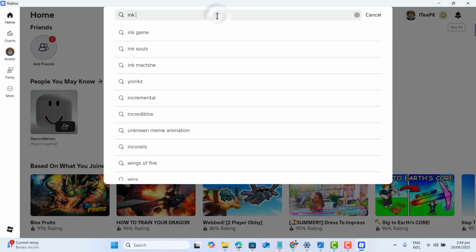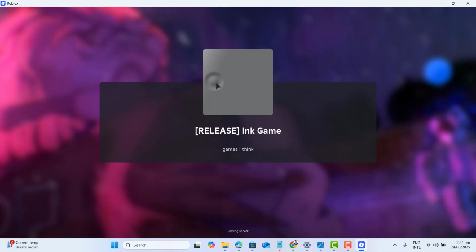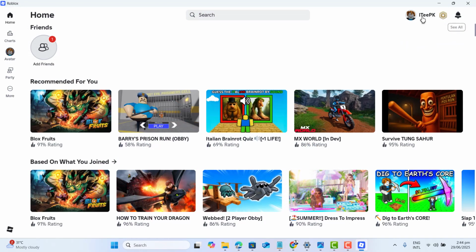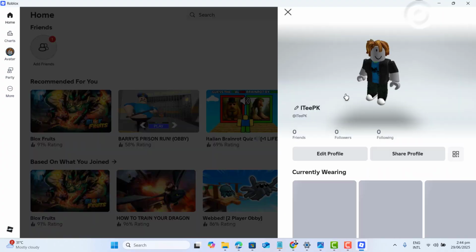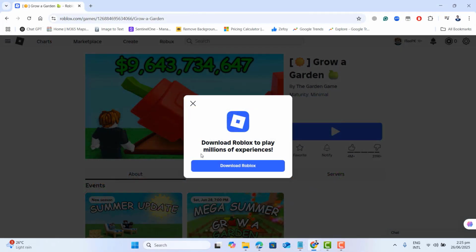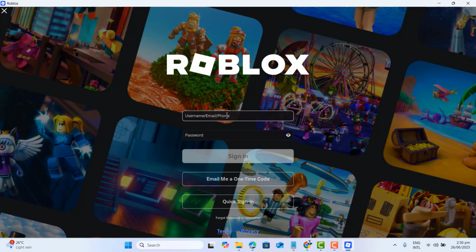Open it on your laptop, search Ink Game, and then click the one with Squid Game style, then just hit the play button. If you haven't already, make sure to log in with your email, totally free, on the Roblox app on your computer. If you haven't installed Roblox and are waiting to install it on your PC or your laptop,